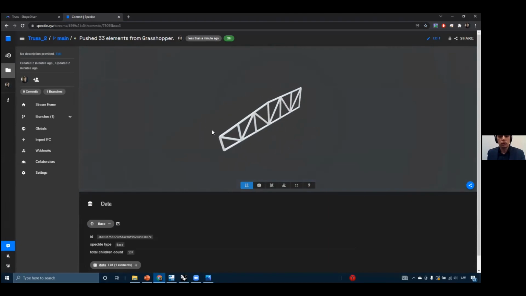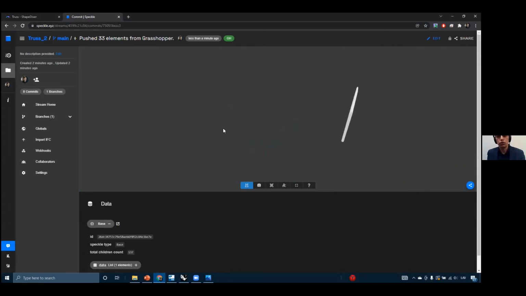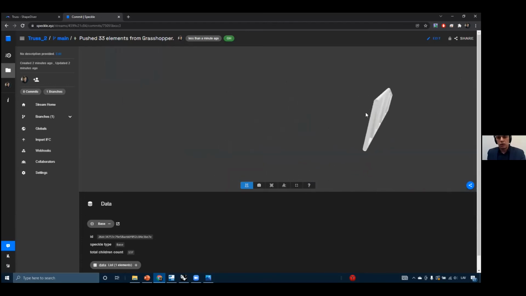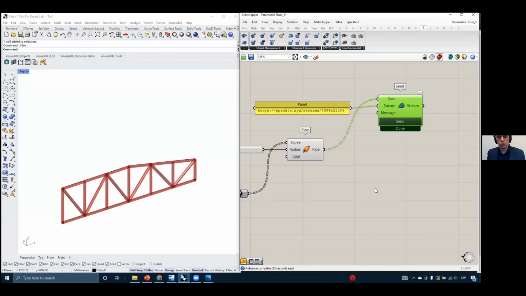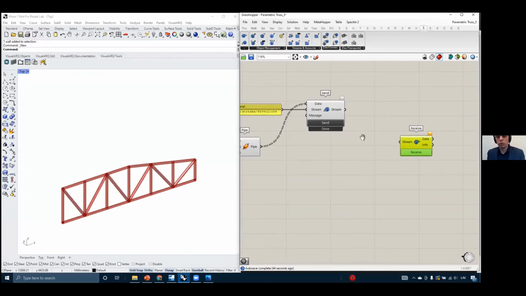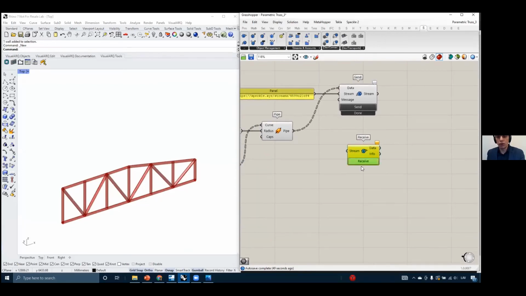And you can see that I get it almost instantly, or not instantly, but very fast. I got the 3D model here. And of course, now I can update something, but in the same way, you could receive data. So there is a receiver. It probably doesn't make sense because I'm working just on my computer now, but let's imagine